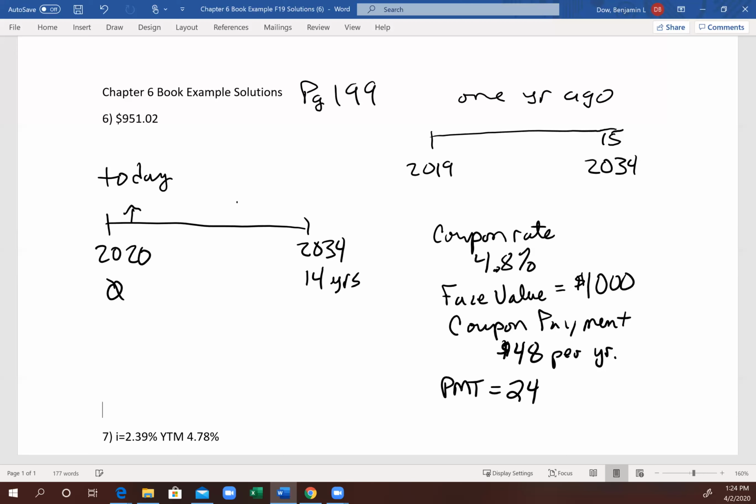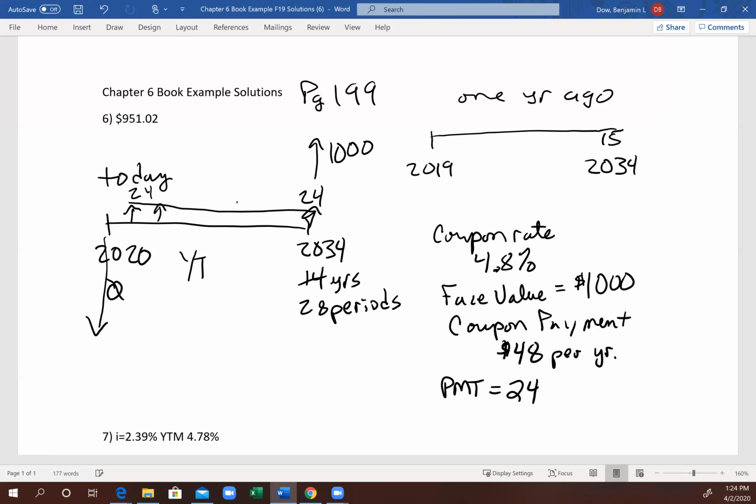So in 14 years, that will be 28 6-month periods. And each payment is going to be $24. And at the end of the life of the bond, you get the face value back, which is $1,000. And it does say the current price, or the current dollar, what is the current dollar price assuming $1,000 par value? Okay. So we're looking for the price of the bonds